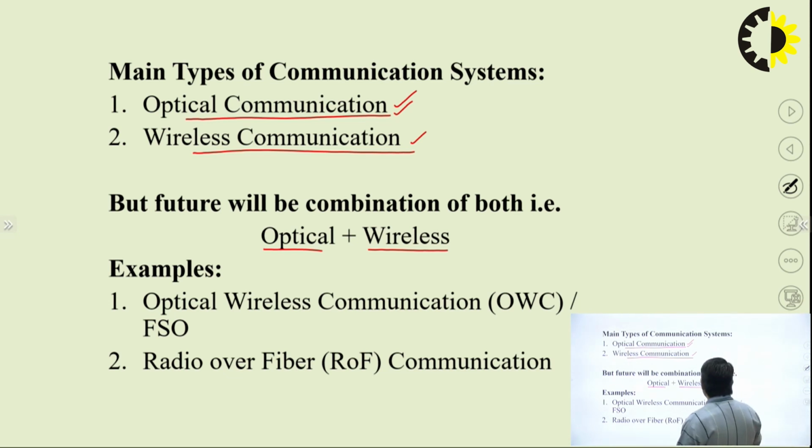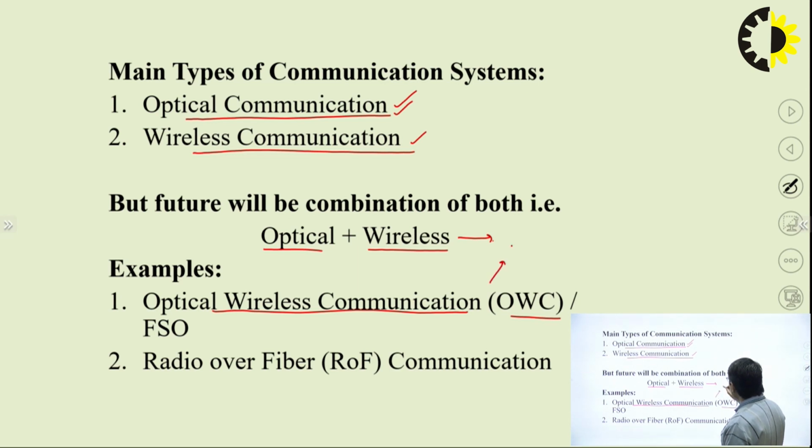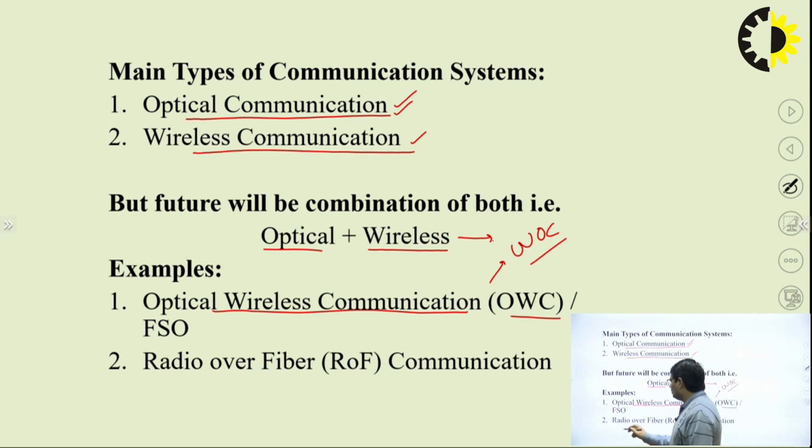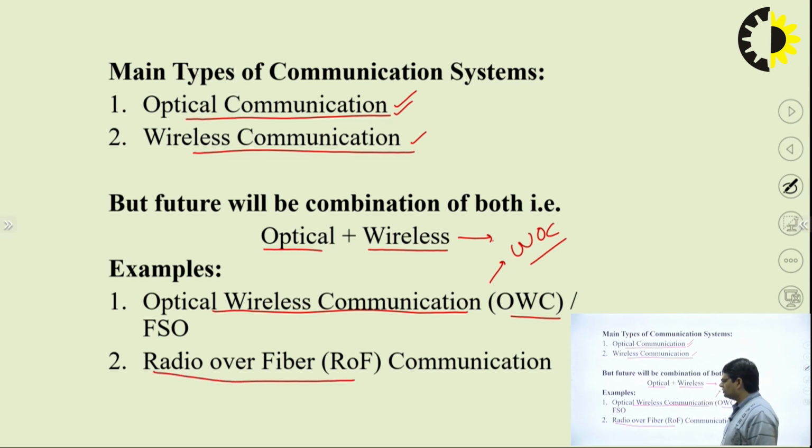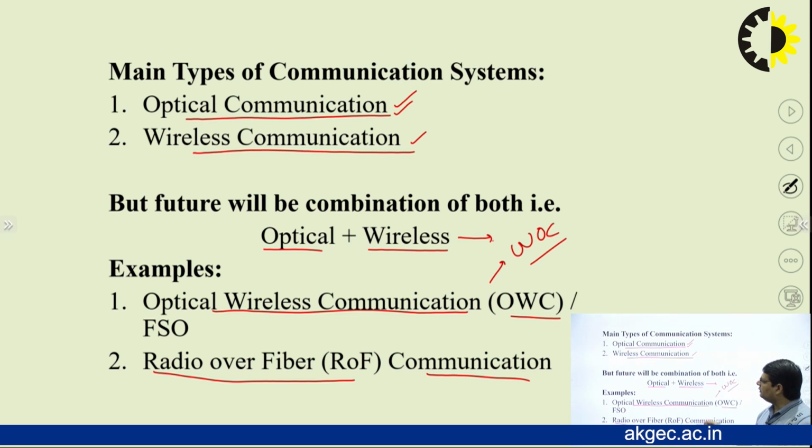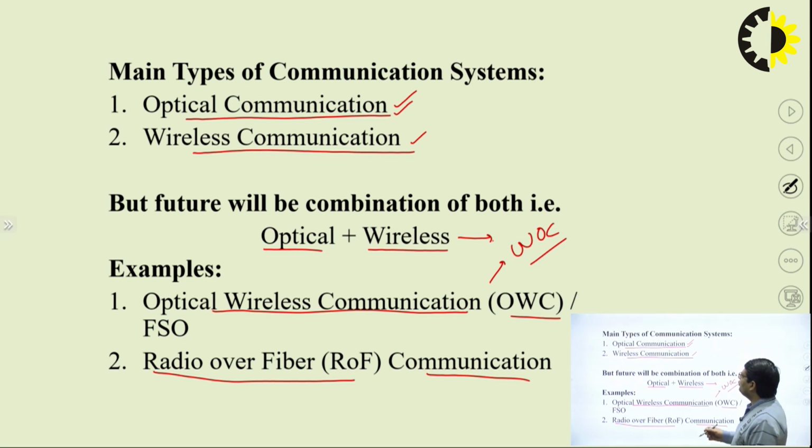The combination of these optical and wireless communication systems can generally give two type of systems. First type is known as optical wireless communication system, that is OWC, sometimes also known as wireless optical communication system, and another type is radio over fiber, that is ROF based communication system. Why we are combining these two? Basically we have to utilize the advantages. So first of all, for studying the introduction of this FSO, we have to see that in the optical communication